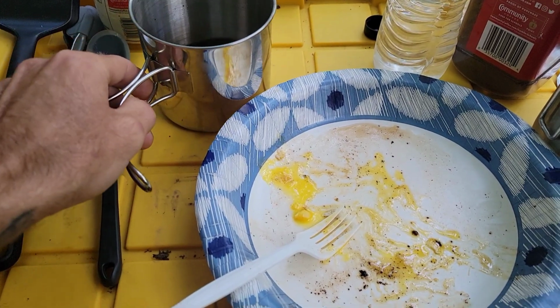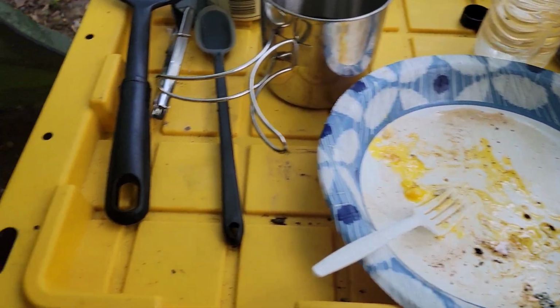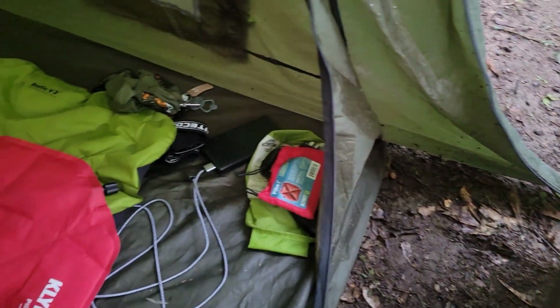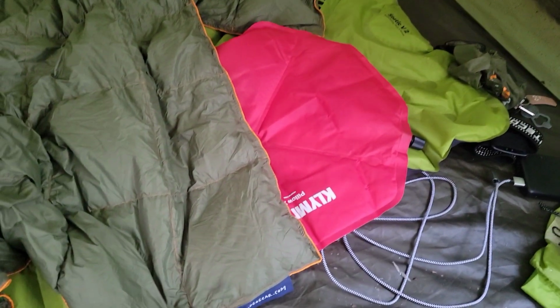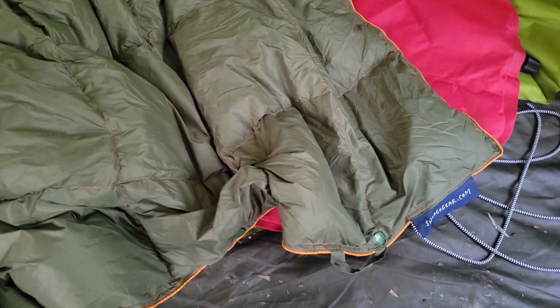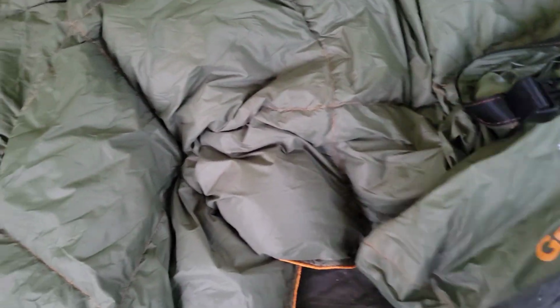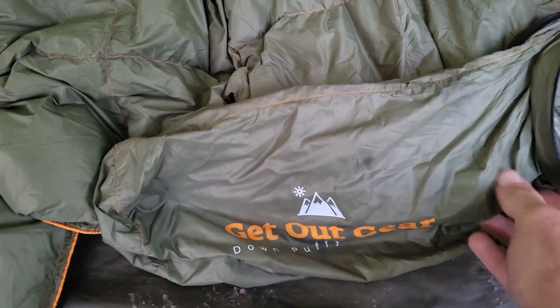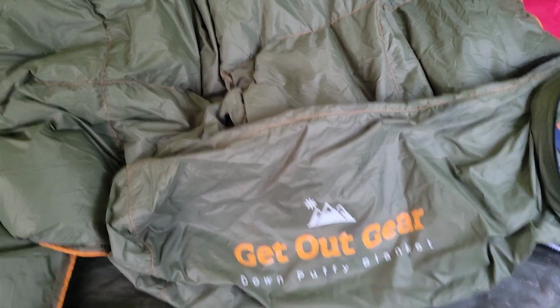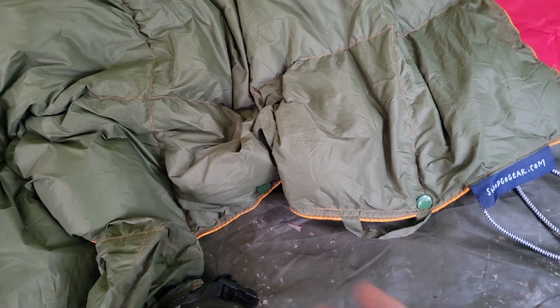Well, breakfast was a success. Had a couple of eggs over easy, handful of bacon, coffee. Figured I'd go over my gear I got here in my tent this morning. First off, let's say this is the Get Out Gear puffy blanket. I've had this for probably 2 years, way before they started sending them out to reviewers for free. But anyways,